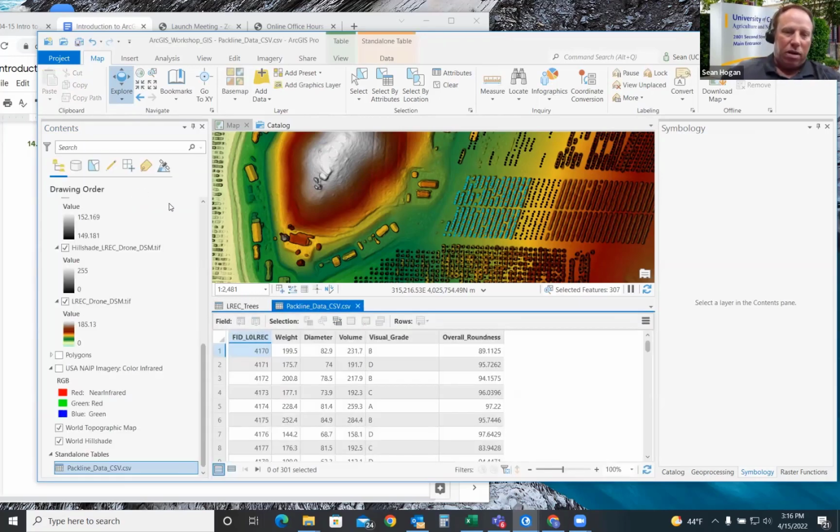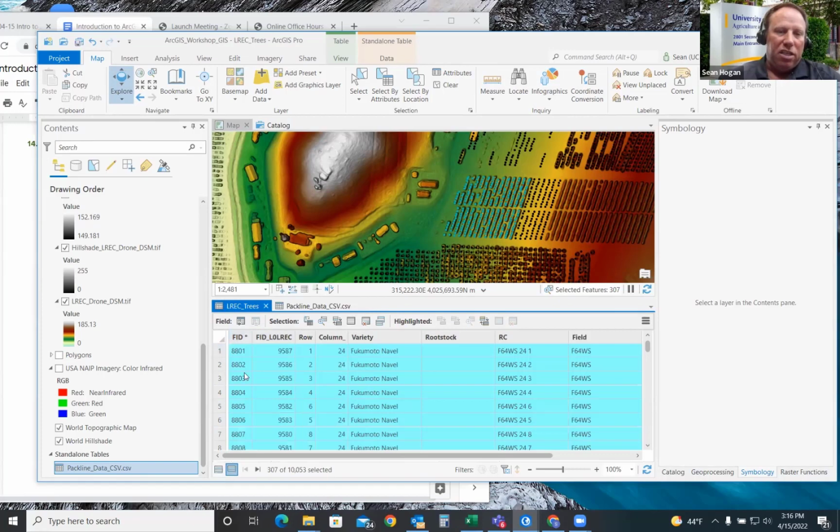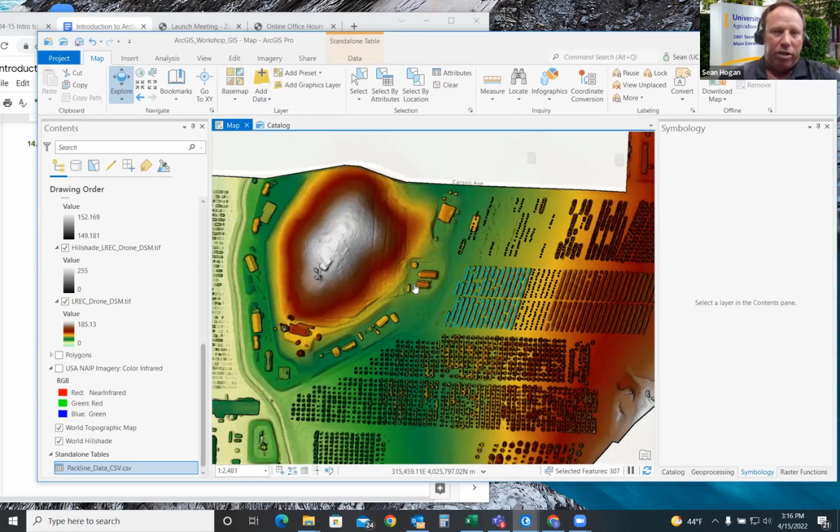You'll see another table show up. Well, as it so happens, that same column is here. What we can do is join this non-spatially explicit table of numbers, meaning it doesn't have geopositioning associated with it, to these trees because they have the same number here. But we need to do that after we export the features that are being displayed in cyan on the map. So I'm going to X out of these now, so we can see the map a little bit more clearly.